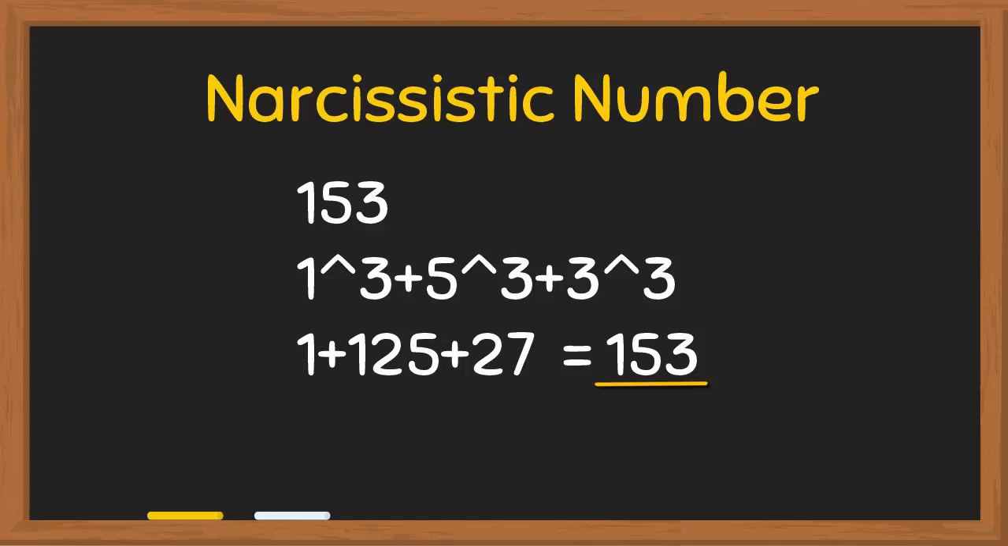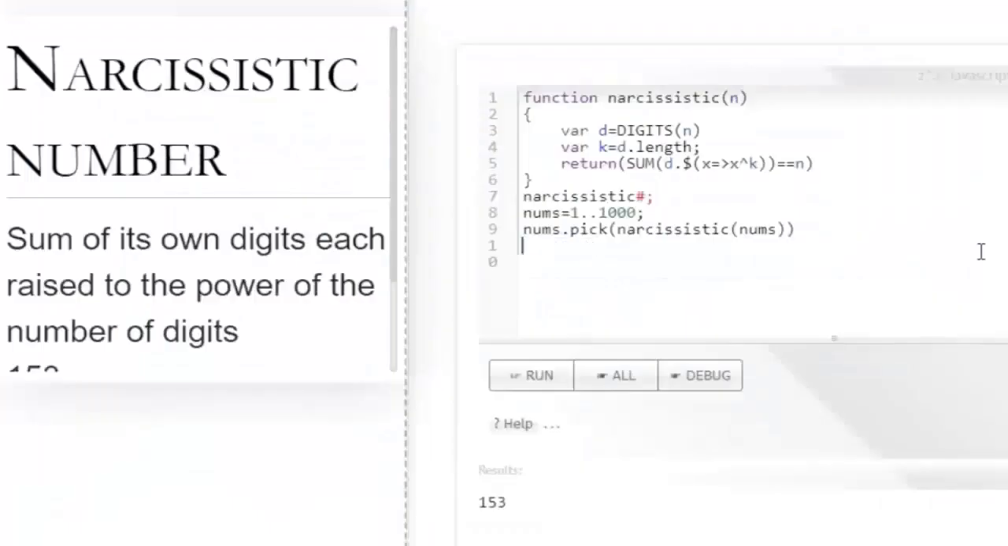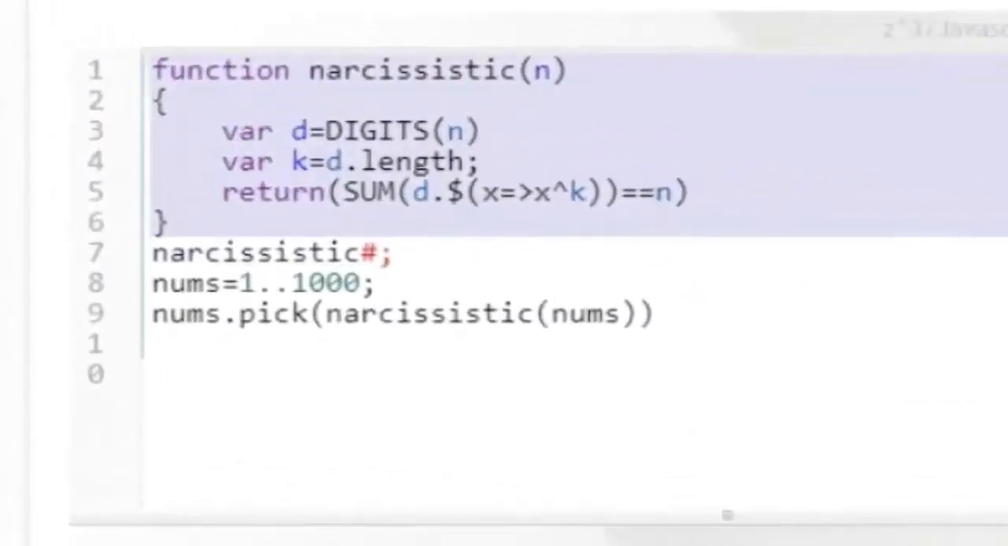Let's look at this narcissistic number using ZCubes language. So let's first write a function called narcissistic, which is going to take a number n and find its digits and also find the length of this number n, which is d dot length, and digits is going to give you all the digits of that number in an array. Then you take the digits in this array